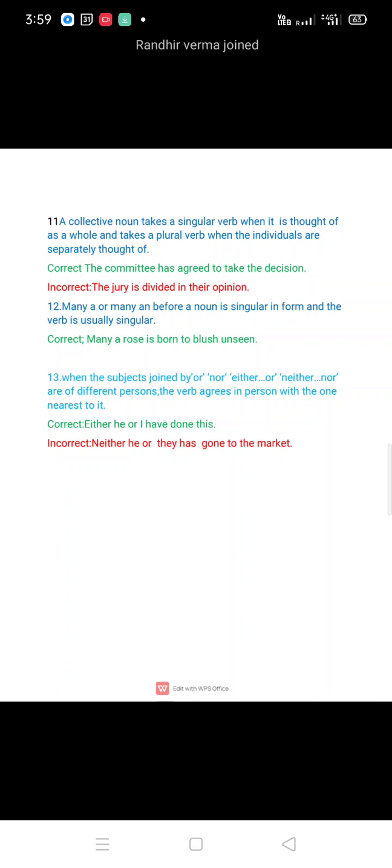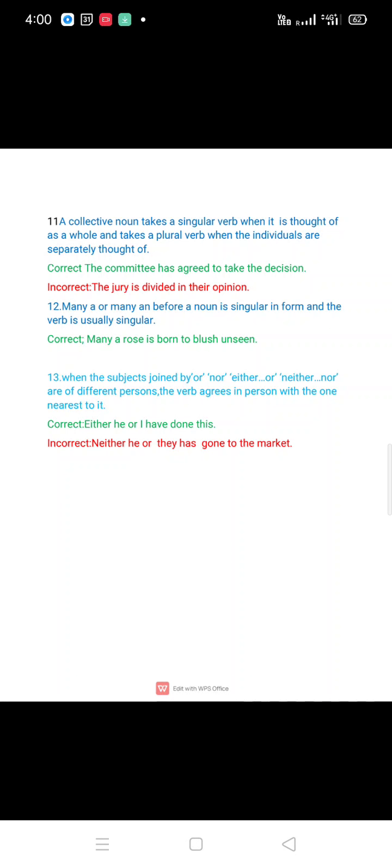The jury is also a collective noun. But in the first sentence the collective noun is thought of as a whole, that means the whole committee has agreed to take the decision. There is no dispute. All the members in the committee agreed to take the decision, and that's why it is thought of as a whole,